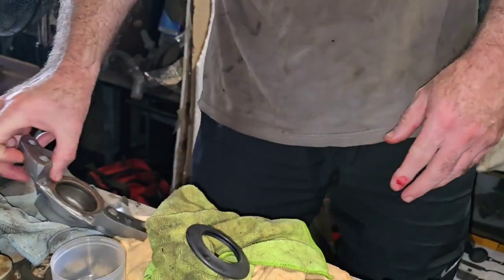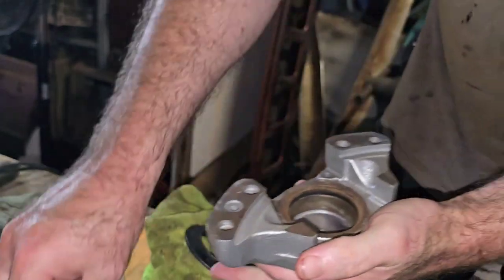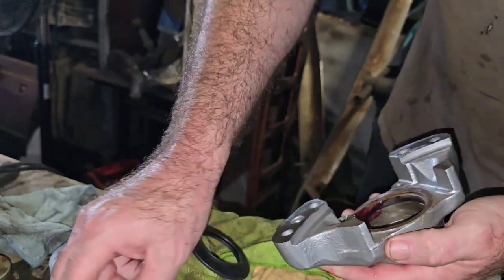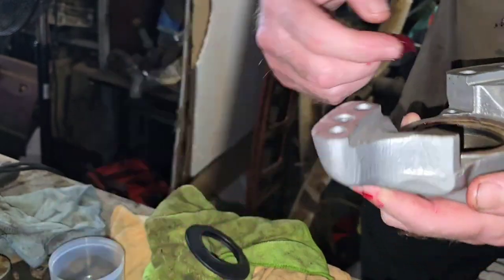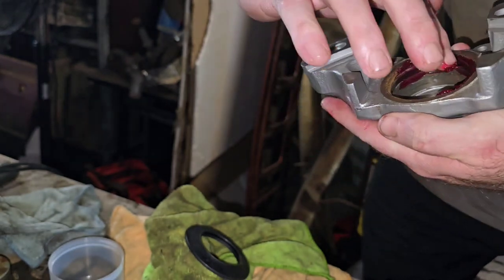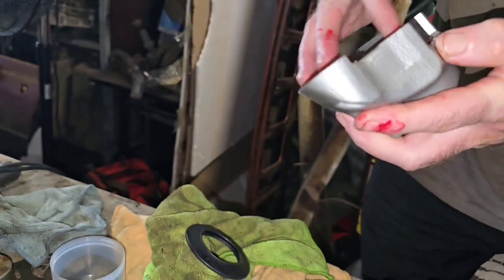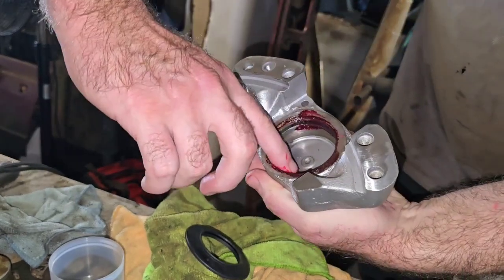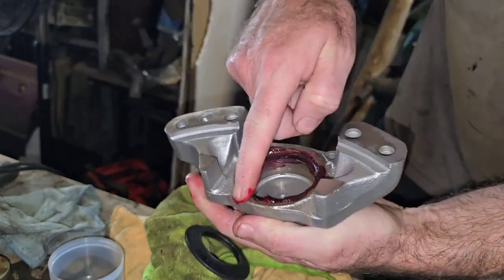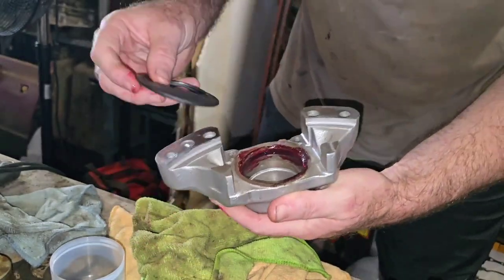And the same thing goes with the second half, don't lose that. So for the second half, just get a bit of rubber grease, smooth it in onto the seal. You've got that rubber there as well. Just bring it all the way around. A little bit on the rubber. And then once again,